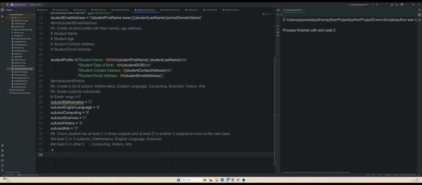Then here, because I'm checking, I have to use an if condition, right? So my grade goes from A to F, right? So I want to say what is in mathematics. I'm doing the first one first. So let me just copy this one and I'll put it here. I will say if subject mathematics,